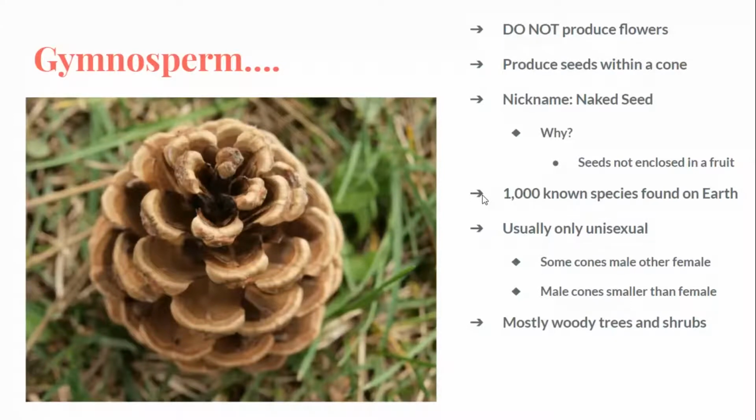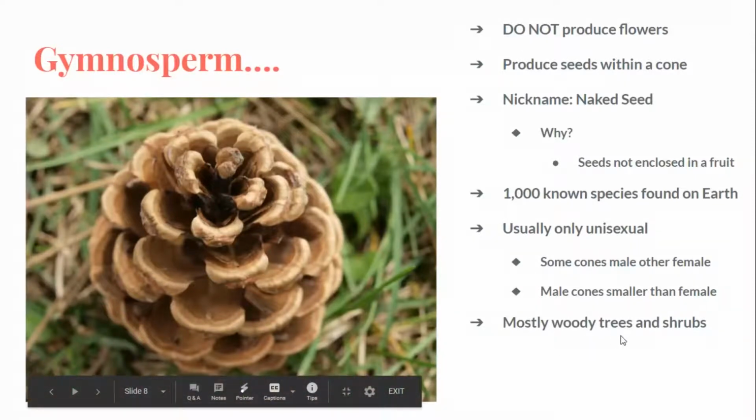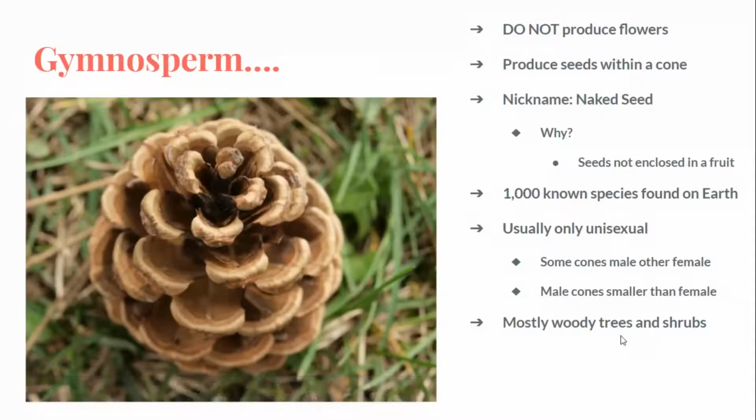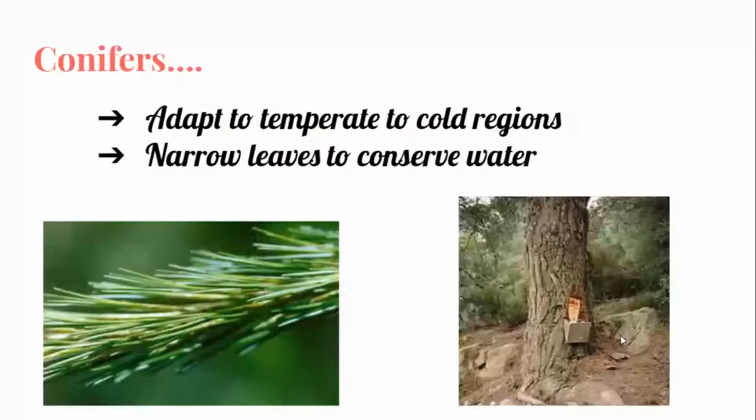So usually they're only unisexual, meaning their cones are either male or female, and these will be mostly woody trees and shrubs. Okay, so hopefully you've answered question number 6, where there's 1,000 known species of gymnosperms, and then we'll continue. So you might want to pause and write that down. All right, so these are just some examples of specific